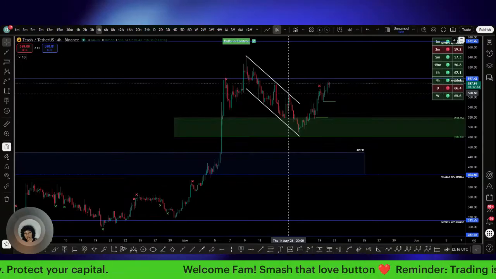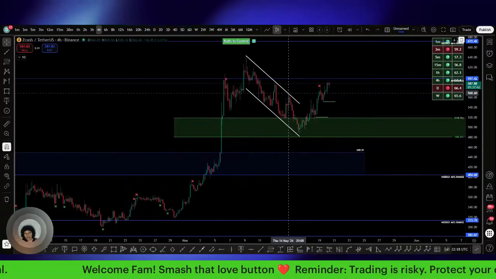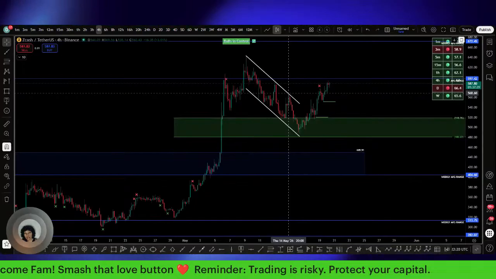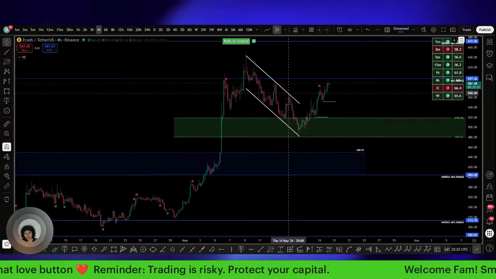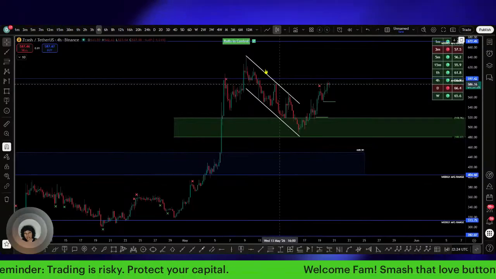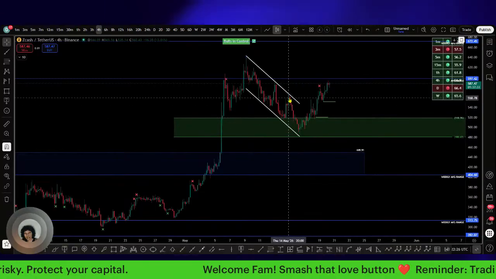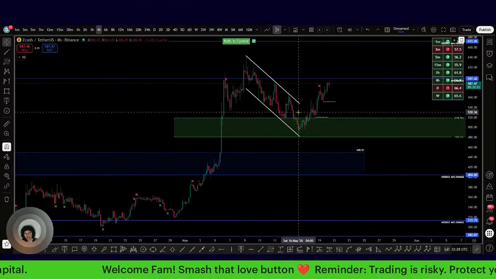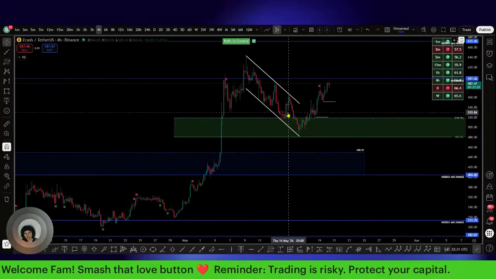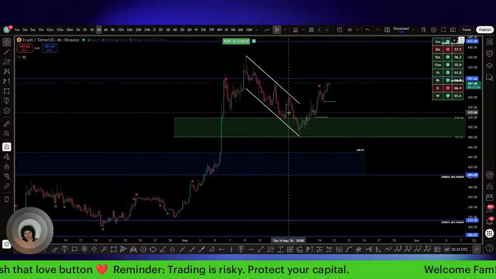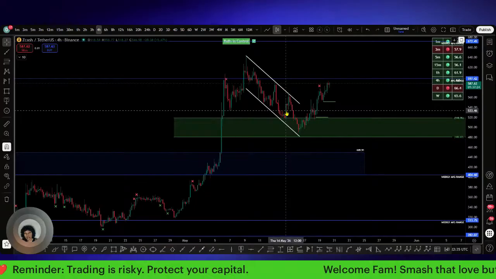I'm just looking at it as support and resistance. Personally, that's all I was doing, looking at it as support and resistance, and looking for a break to the upside on this part right here. And I tried it right here, and I got stopped out at break even, a little bit above my break even, but still I paid my fees.